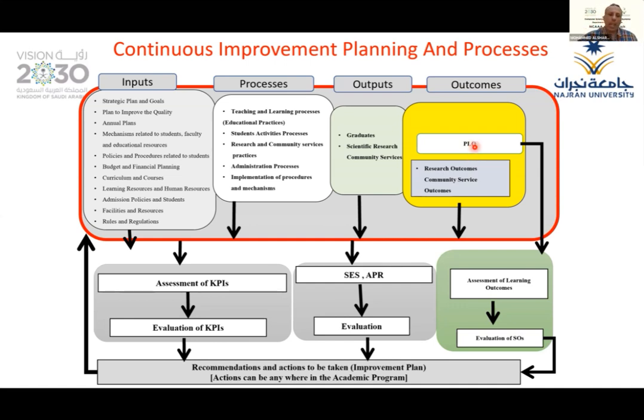The one that we showed now was for the PLO CQI cycle, which is very important. However, we said we assess our inputs using KPIs, processes through KPIs, output through KPIs. We have the annual program report, course report. We have a full continuous improvement that also impacts the vision, mission, goals, input, process, output, everything. This is the whole picture of our continuous improvement planning and process. This is the plan and the process, how to do it,